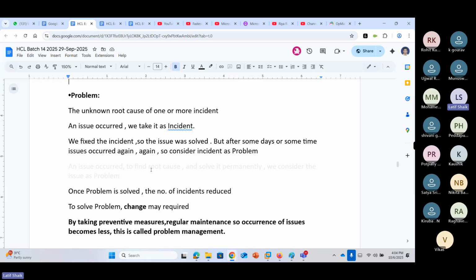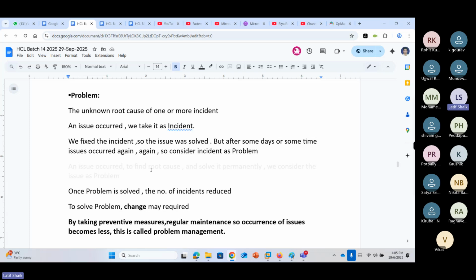What do we do in incident management? We do workarounds. We try to fix the issue and continue. What is problem management? We find the permanent solution so that the issue may not be repeated, or we take preventive measures so that it won't happen. Or we take the bike and do regular maintenance.